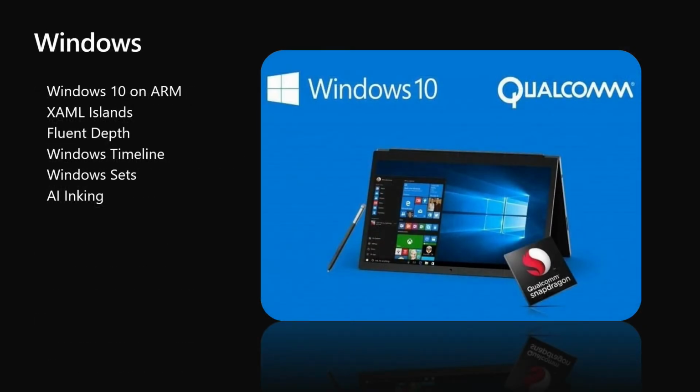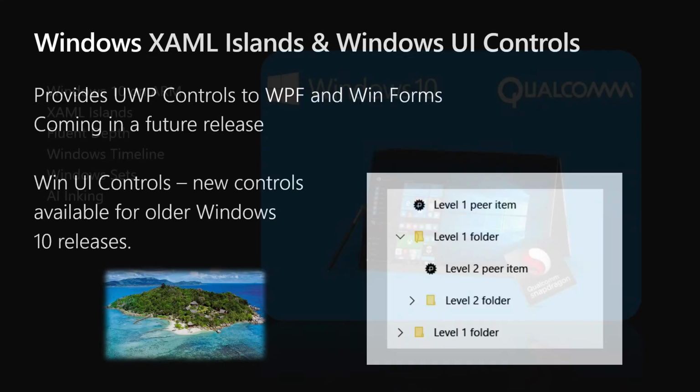Under Windows, there were a handful of things. Windows 10 on ARM, we got to see that. The cool thing about Windows 10 on ARM is it has 24 hours of battery life on those devices, but it still supports Win32 applications out of the box. It runs with some special stuff that happens in that Qualcomm chip, and it's pretty snappy when we played with it. Sorry, I'm trying to get through this quickly. That's something to look at in the future, Windows 10 on ARM, which is coming.